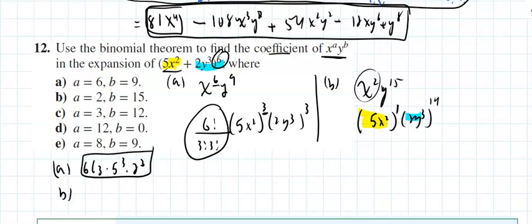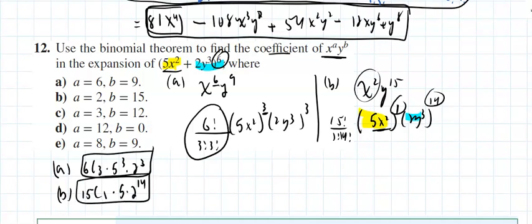So for part B, I know the coefficient is 15 choose 1 or 14, which gives you the same answer. Right? Or you could say it's 15 factorial over 1 factorial 14 factorial, or 14 factorial 1 factorial. Either choose 1 or choose 14 has the same result, but it's going to be 5 to the 1 times 2 to the 14. That will be the coefficient for part B. If I go for part C,